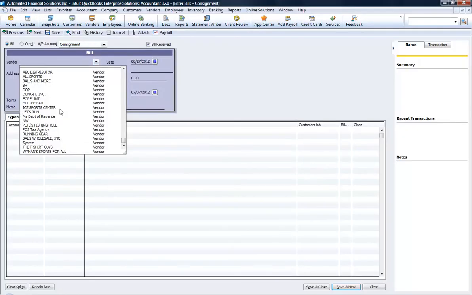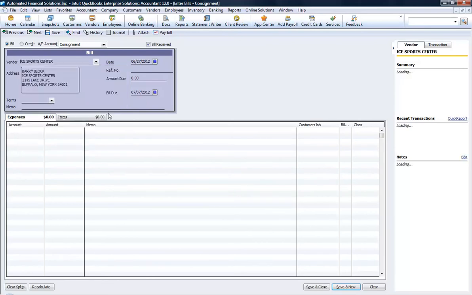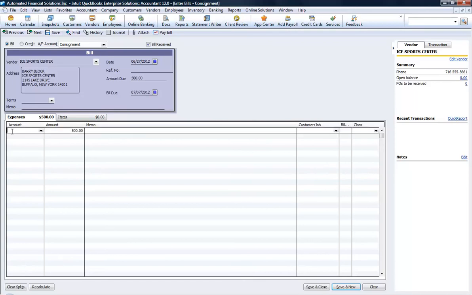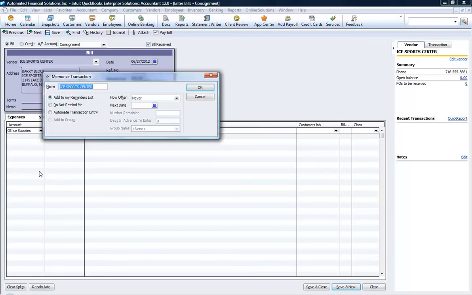We'll select a vendor, put in an amount, and now what we'll do is save it. Save it as a memorized transaction. So you just go to Control M, and this window pops up, and you can give it any name you